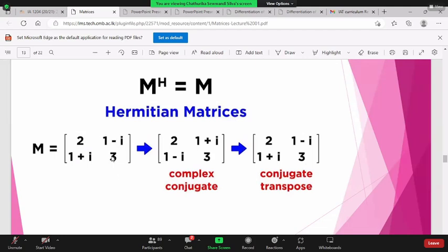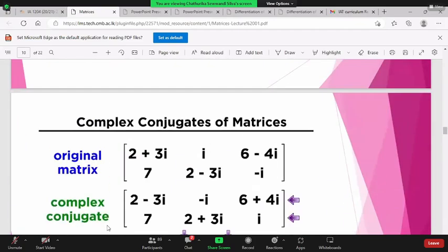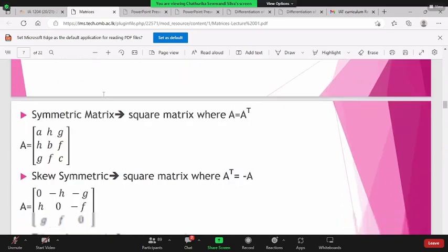Complex numbers. So if the matrix consists of complex numbers, we are checking the unitary nature. But if the matrix consists of real numbers, we check whether the matrix is orthogonal or not. So later on you will get questions like this. You will be given a matrix and asked to check whether this matrix is orthogonal or not.